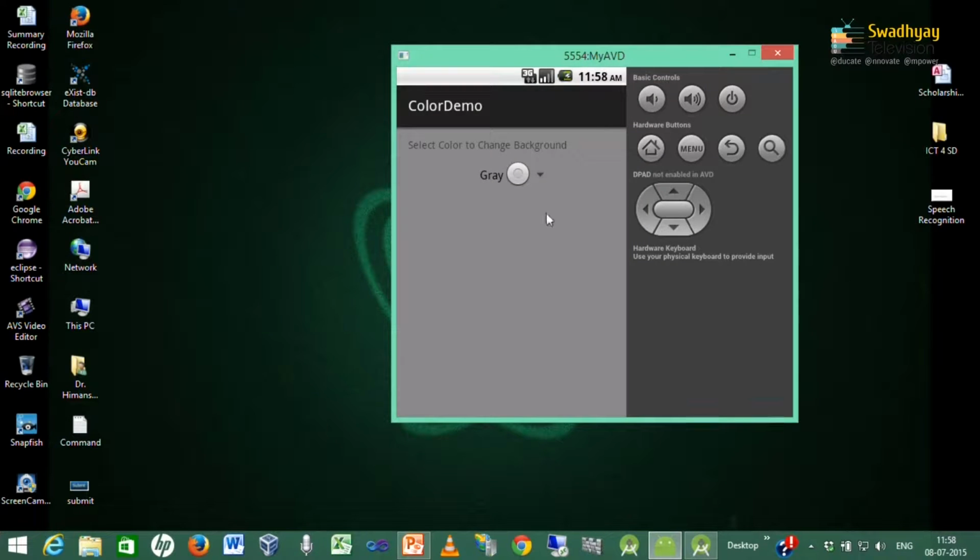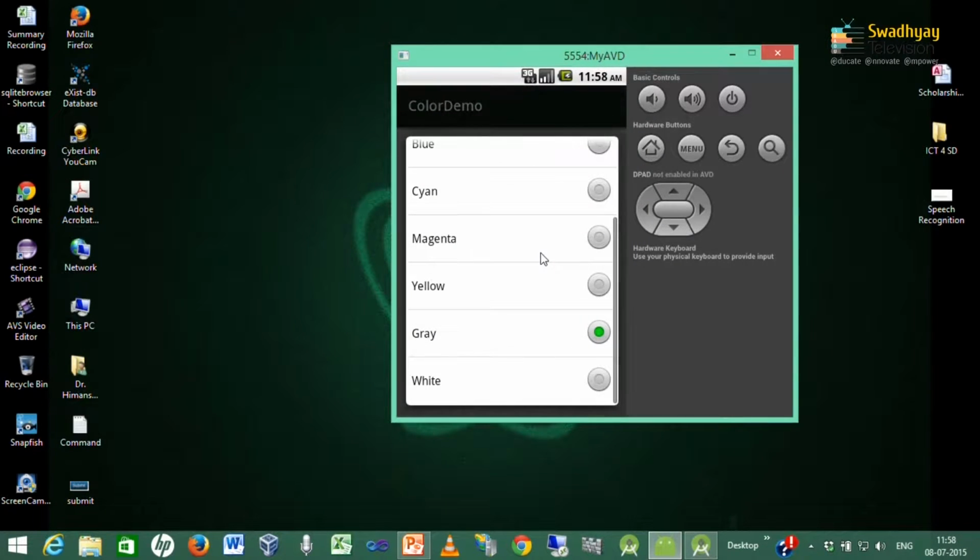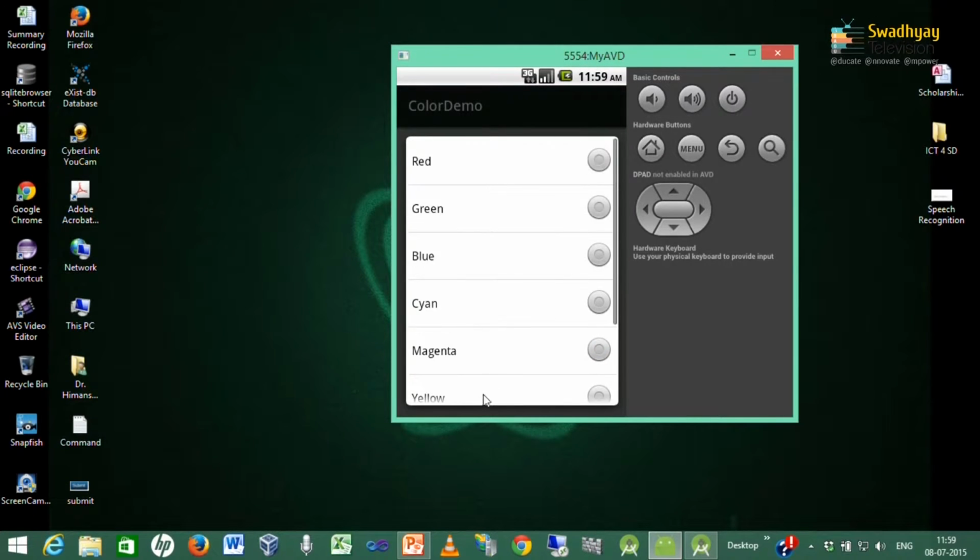So, here what happens is, when I select the second item, for example green, its position is, red is 0, green is 1, blue is 2, cyan is 3.